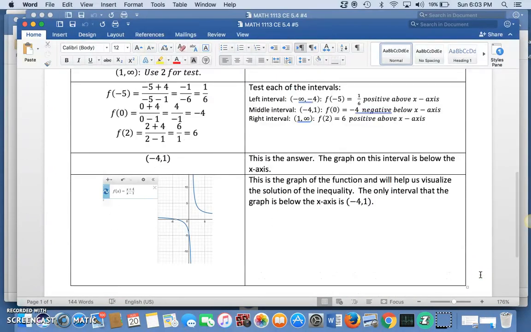And here's the graph showing this. This location right here is negative 4, and then you have an asymptote at 1. So between negative 4 and positive 1 is where you're going to be below the x-axis. So that will work it